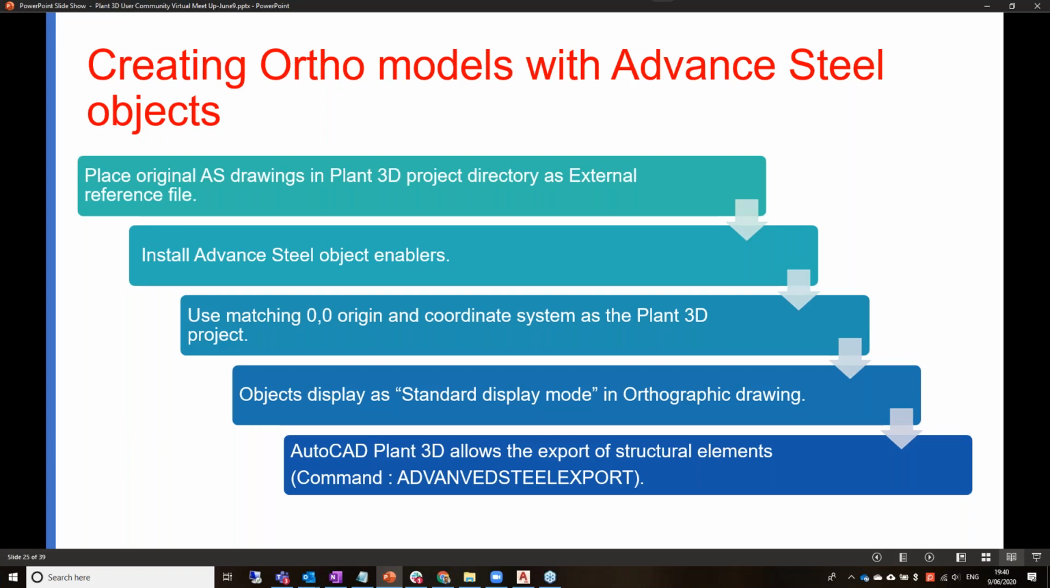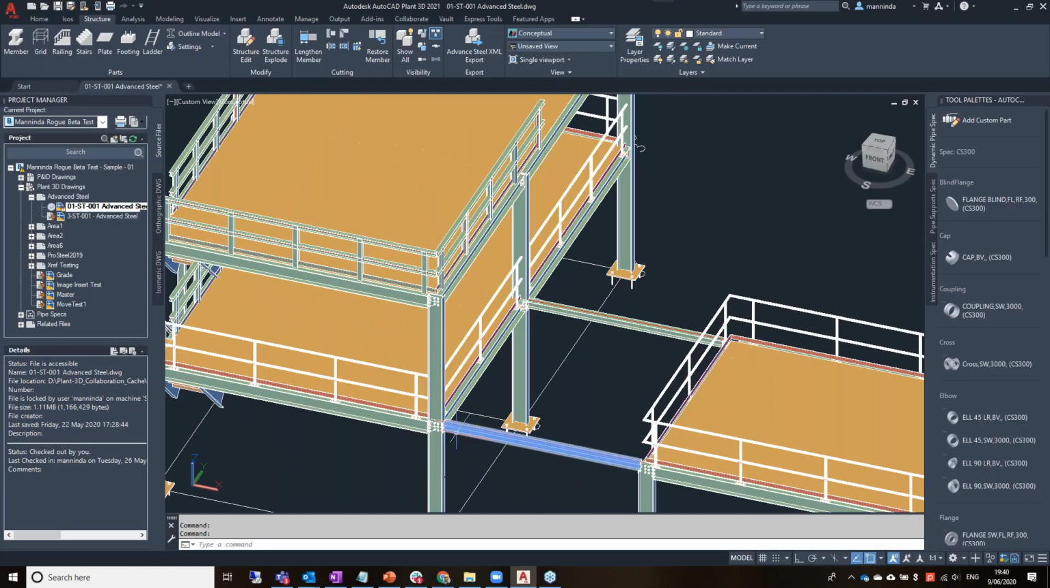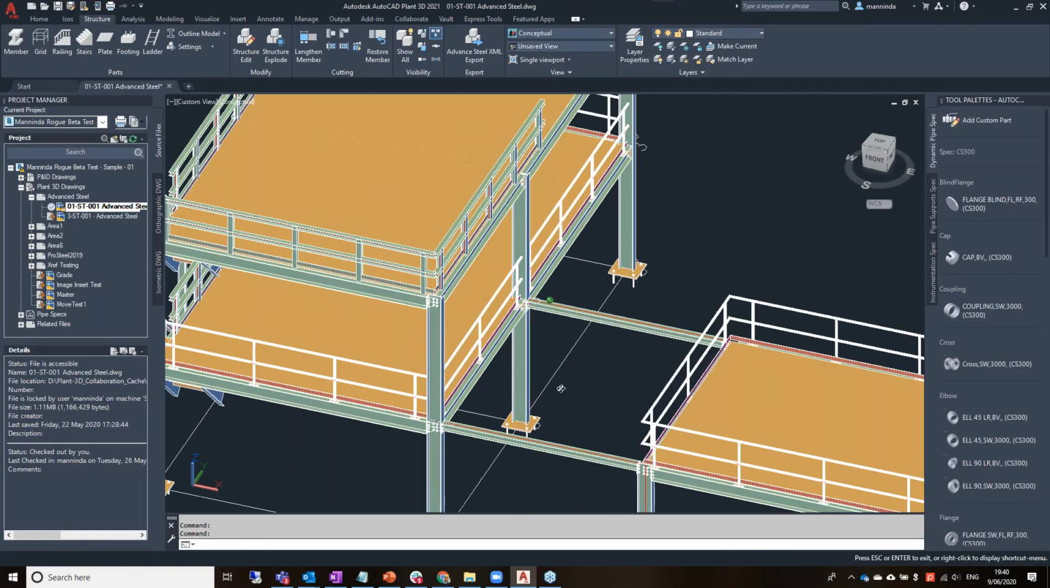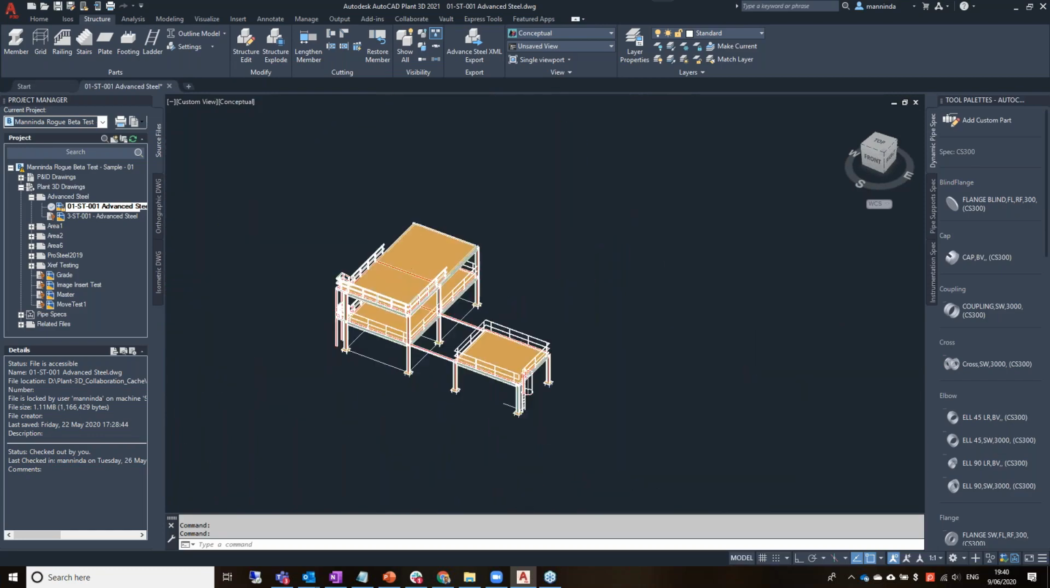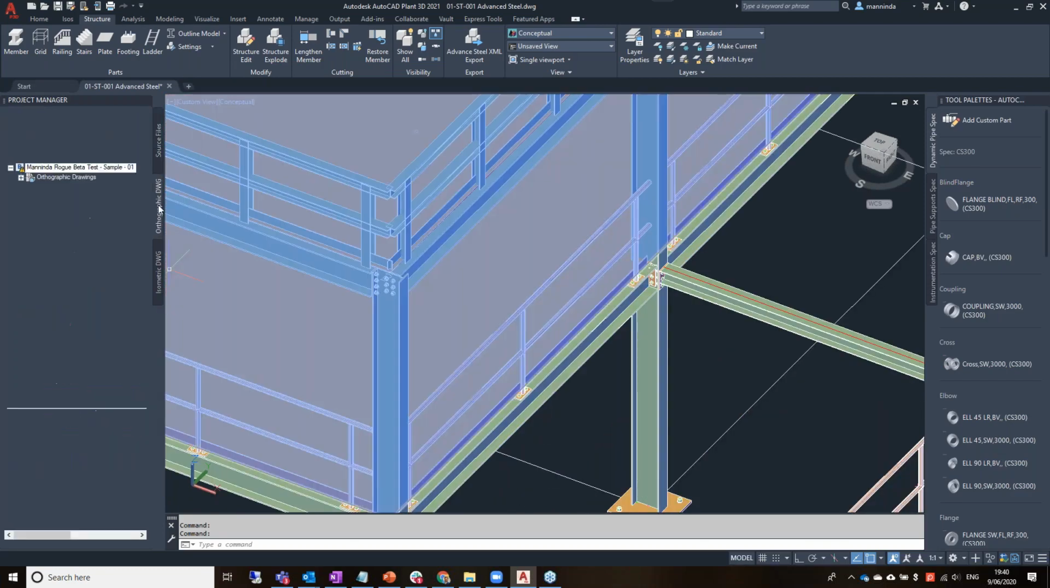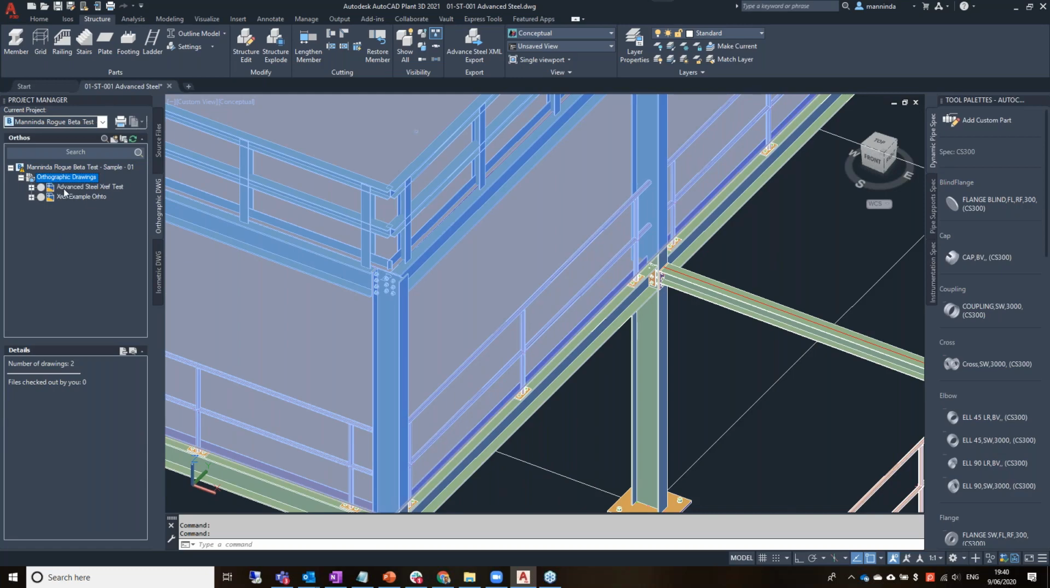And the objects will display in the standard display mode in the orthographic drawing. So whatever you've got the model shown as here, that's how they will come into the orthographic. So I said this is an advanced steel model, and that will come in, and I've actually got an ortho over here. I'll open that while